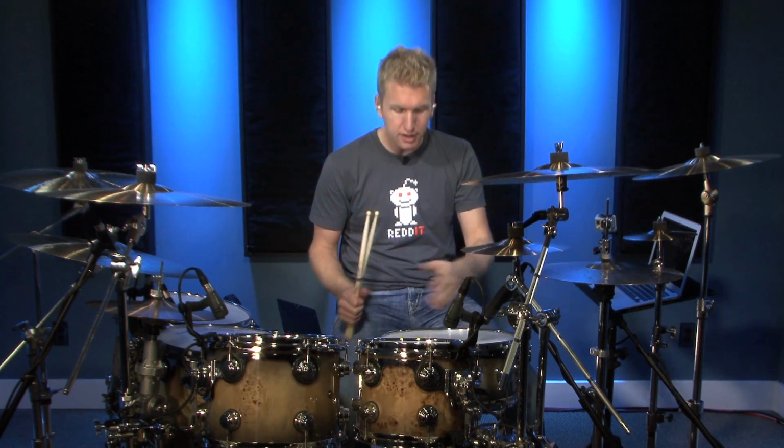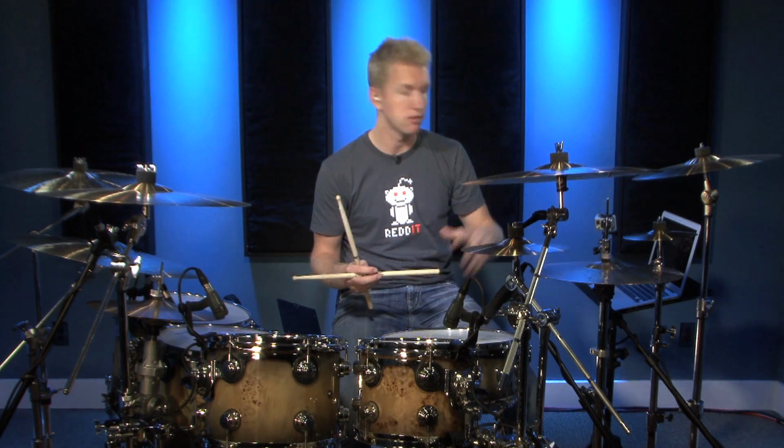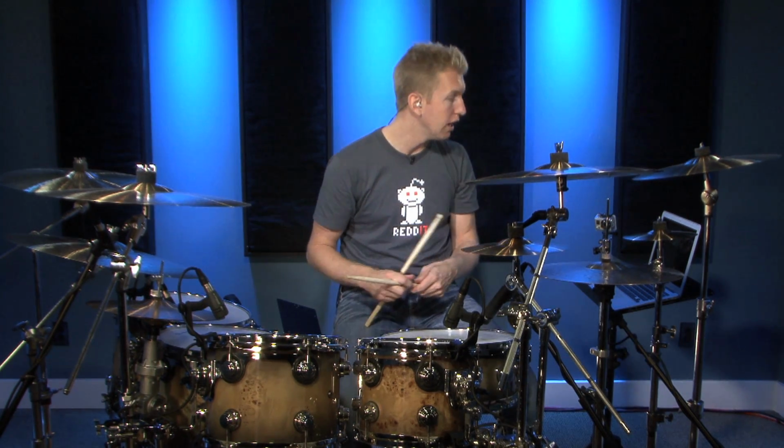All right, so performing the technique, going from a loud hit to a ghosted note, isn't necessarily the hard thing, but actually playing it right in time with a click track, that can be the hard part, especially when you're playing different note values. Sometimes you'll be doing that as 16th note triplets, sometimes as 32nd notes, and in these exercises, we're just doing it as 16th notes. So it's important to have the control to change the note value, and to control exactly when the stick rebounds, how fast it rebounds, and then when you actually perform the ghosted tap stroke. All right, so now let me play it for you guys at 120 beats per minute,